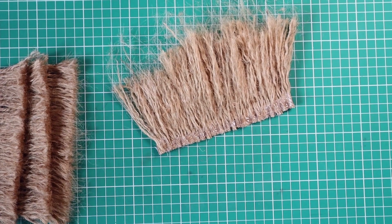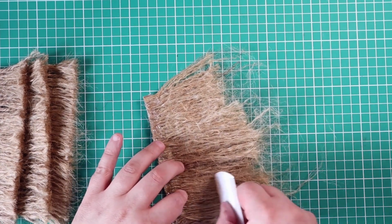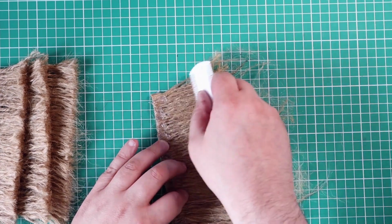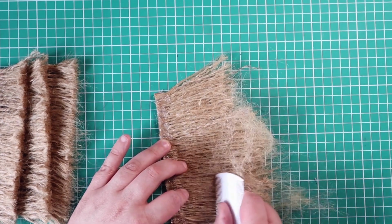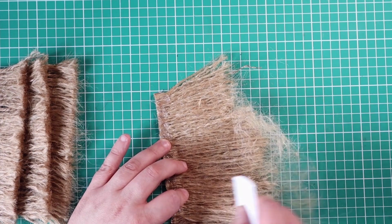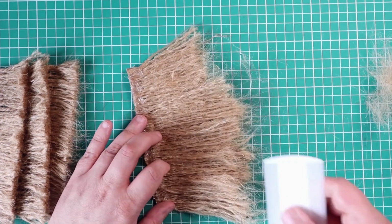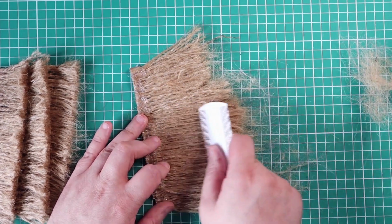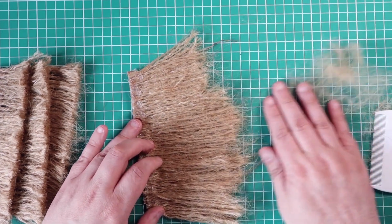Okay. So now we can start to brush out the fibres slightly. I'm going to use this nit comb, just trying to get rid of all the loose stray fibres that aren't glued down and just tidy the whole thing up slightly. You see it's all starting to come out now. Looks a bit like dog hair. We'll get rid of that. And we don't want to brush too much away, we just want to get rid of the looser fibres. Okay,